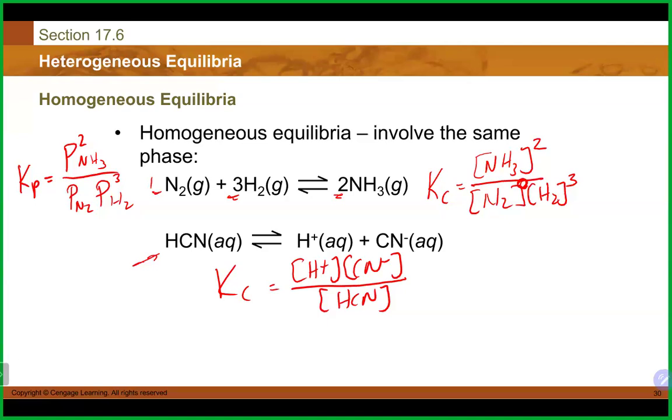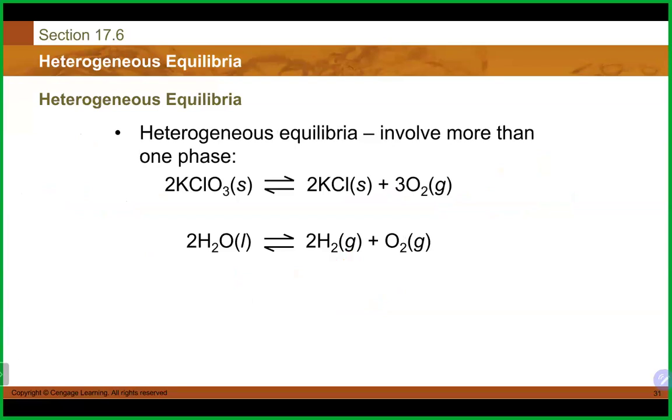Now, obviously, these are all in the same phases, but you definitely can get a mixture of phases that occur. And in that sort of mixture of phases, that's sometimes referred to as a heterogeneous equilibrium. Heterogeneous, much like heterogeneous mixtures, where you see different phases. Same idea here. So you can see here, we have some solids, we got some gases happening in